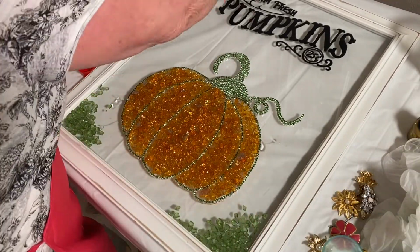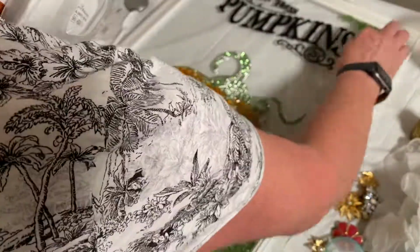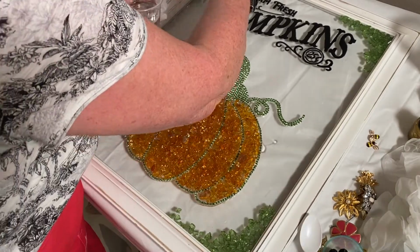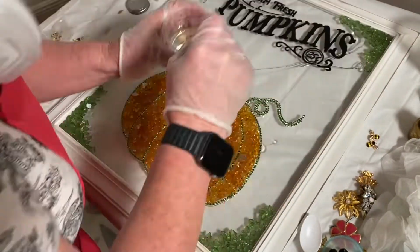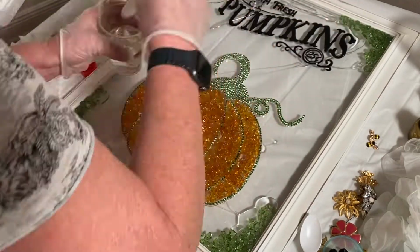And then I took green glass that I had picked up at Dollar Tree. Sometimes they have it, sometimes they don't. And I put that in all of the corners. I thought it added a little bit of color, which it needed,